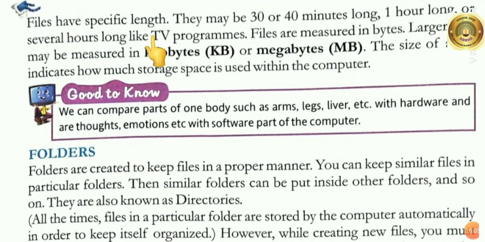Files have a specific length. TV programs may be 30 to 40 minutes long, 1 hour long or several hours long. Files are measured in bytes. Larger files may be measured in kilobytes or megabytes. The size of a file indicates how much storage space is used within the computer.